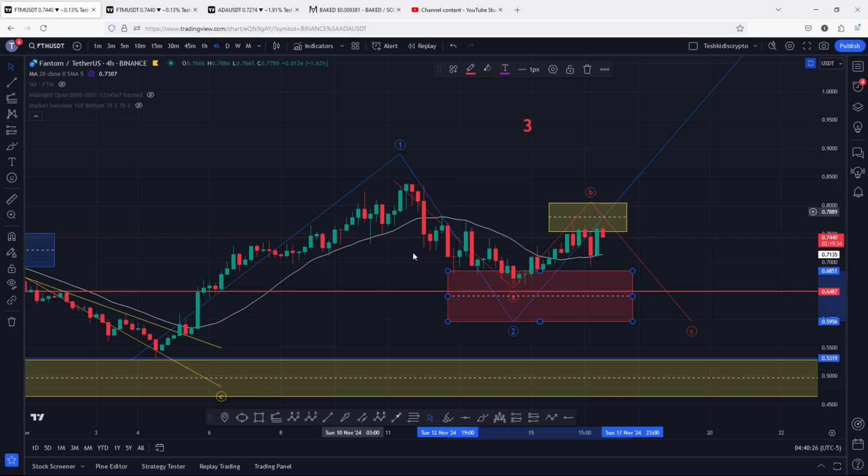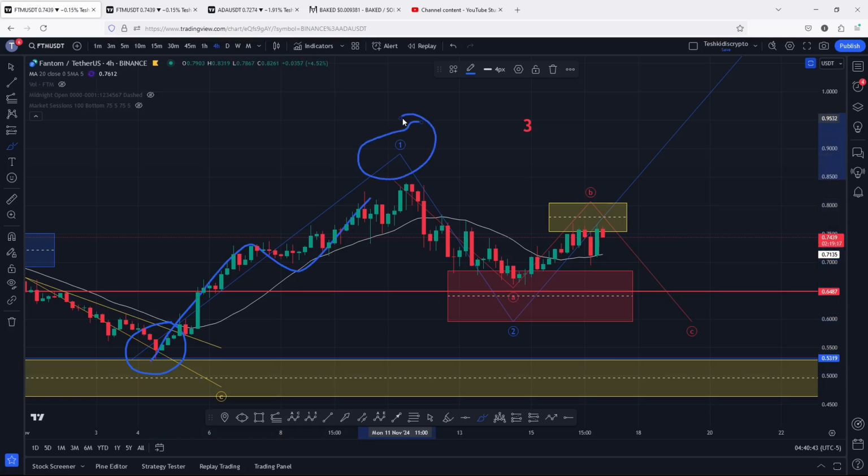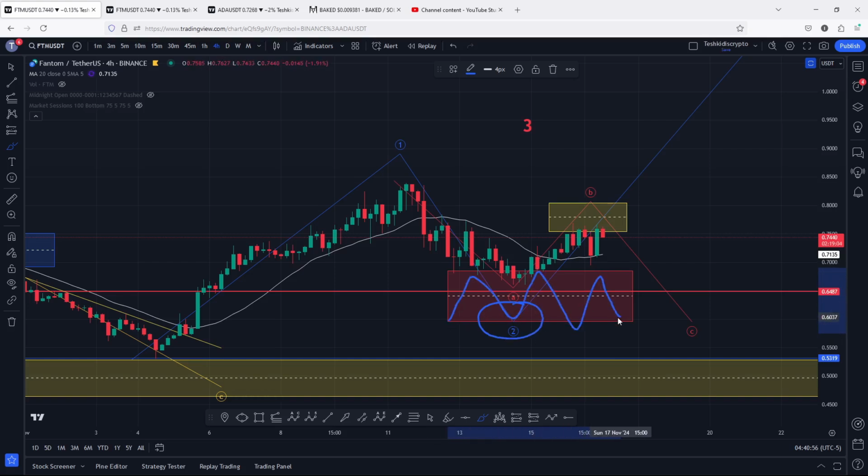And starting the video by first giving you a recap of what has been happening from the lows that we made on the 4th of November. We saw an impulse to the upside in a move that peaked above the 0.8416, completing the formation of this additive count 1. And after we peaked in that wave 1, we started a corrective structure in the formation of an additive count 2, whose minimum target areas I have highlighted on the charts using this red target area,